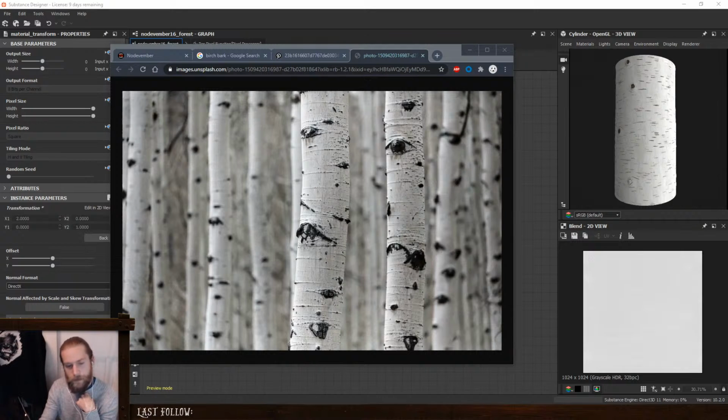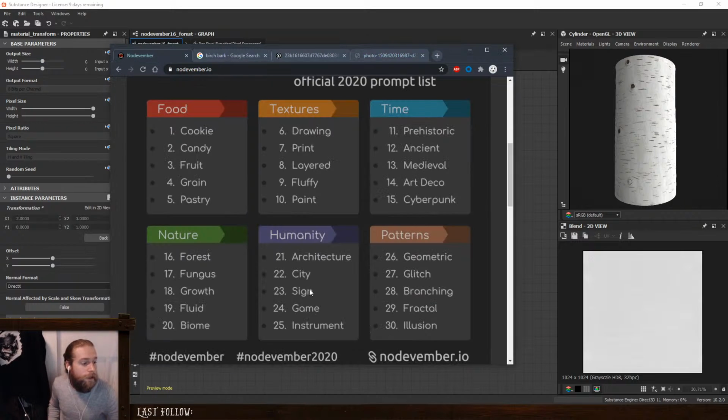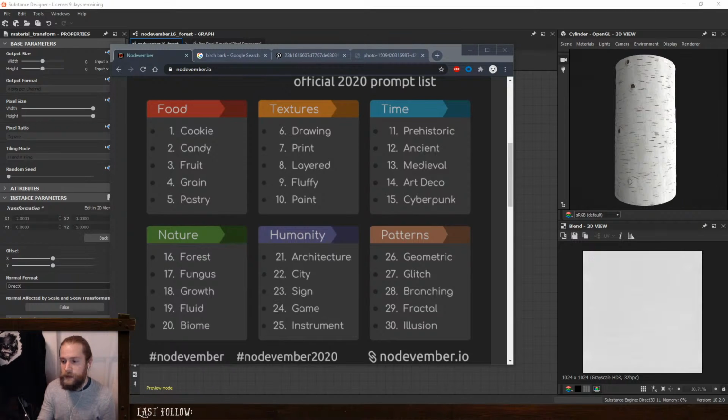Over halfway through, so I might as well keep going. Tomorrow is fungus, which could be fun, could be gross. We'll see what we come up with. As always, thanks again. Until